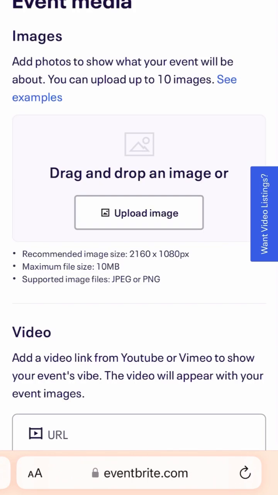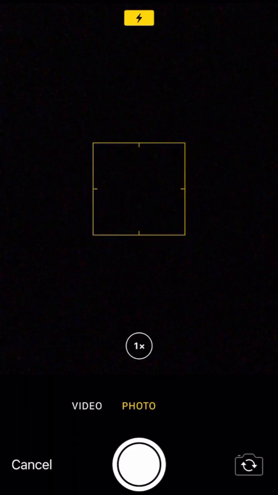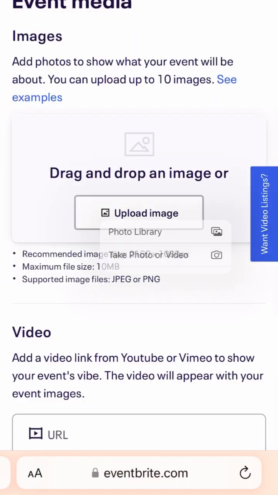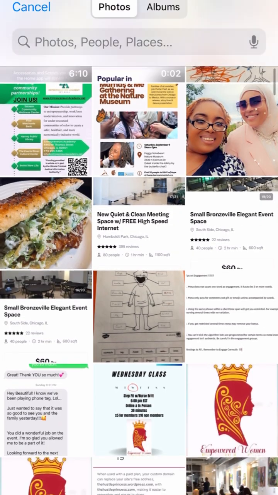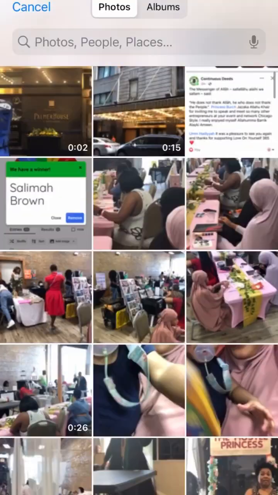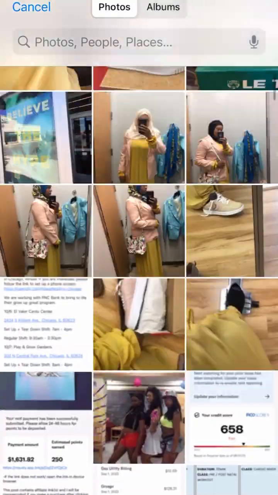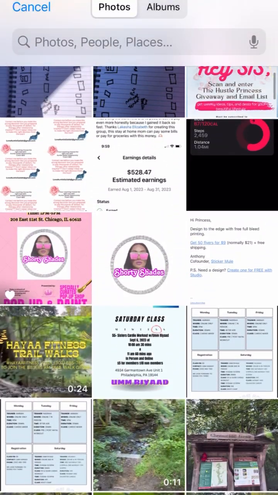page. So this is where I do the event media. Now you'll see right here, I did try to upload a photo, but a photo does not, I tried to upload a video. A video does not go here. You can grab a short from YouTube or something and then post from there, but you cannot go directly and post the video there. So you would be copying the link.